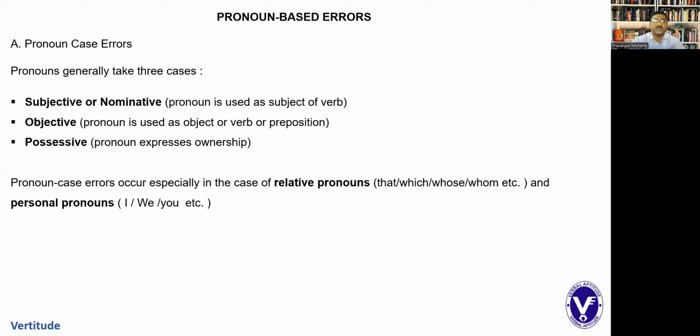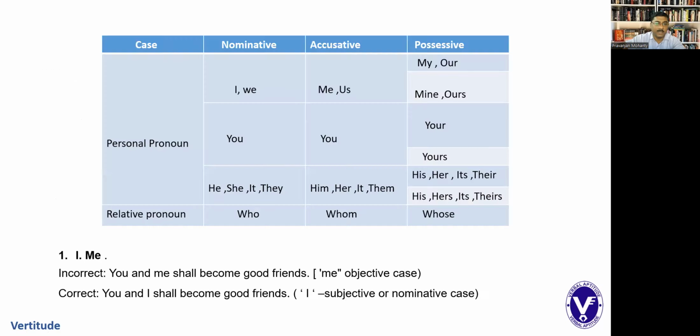ये जो केस वाला जो टेक्निकल वर्ड था ना, उस पे मत जाओ, बस जानो कि तीन एलिमेंट्स उसमें होते हैं। एक होता है सब्जेक्ट, एक होता है ऑब्जेक्ट, एक होता है पोजेसिव। तो बस उस हिसाब से याद रखो। सो वी हैव गॉट सब्जेक्टिव और नॉमिनेटिव केस, वी हैव गॉट ऑब्जेक्टिव और एक्यूजेटिव केस, इसको एक्यूजेटिव भी बोला जाता है।